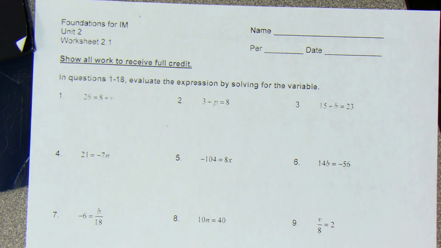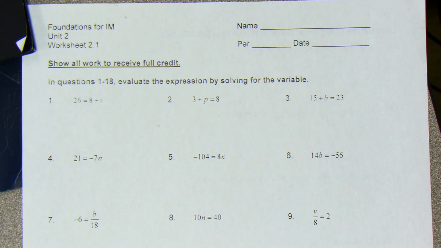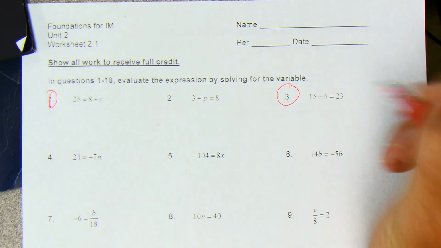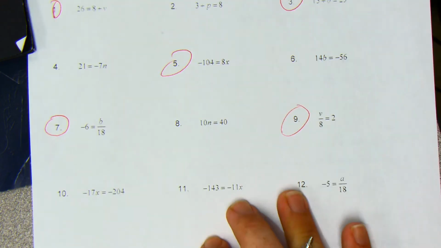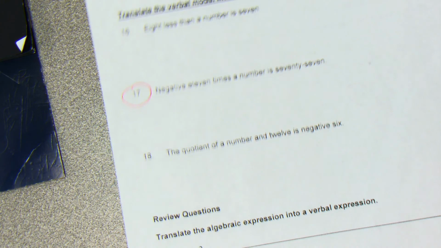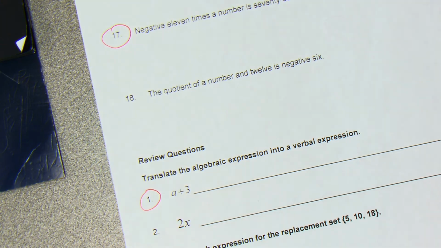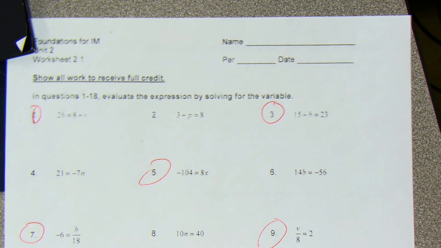Before I do a few example problems, we'll go through the problems that we are going to be completing for this worksheet. We'll be completing all of the odd problems, even the 2 odd problems on the review problems on the back. So we're completing 1, 3, 5, 7, 9, 11, 13, 15, 17, 1, and 3. Okay. So we're doing all of the odd problems, including the odd problems on the review section in the